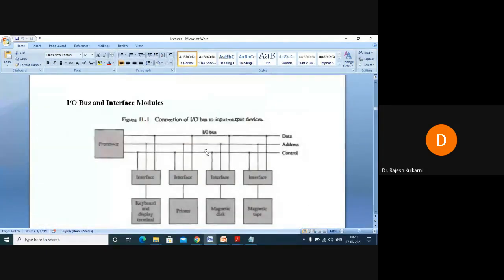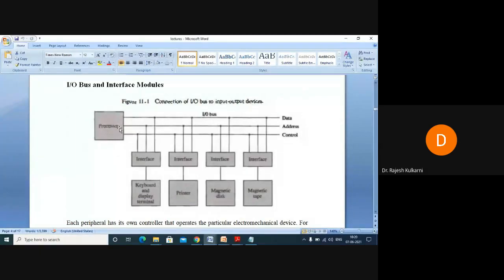Now, if you remember this diagram, we had said that these are the peripheral devices, these are the external devices. These are keyboard, monitor, printer, hard disk, magnetic tape, plotter, everything. This was our CPU. Guys, this is all covered already. Just for the sake of continuity, I am taking a revision for maybe 3, 4, 5 minutes max of this. So these are all external devices, keyboards and monitors and printers. This is our CPU. Okay.